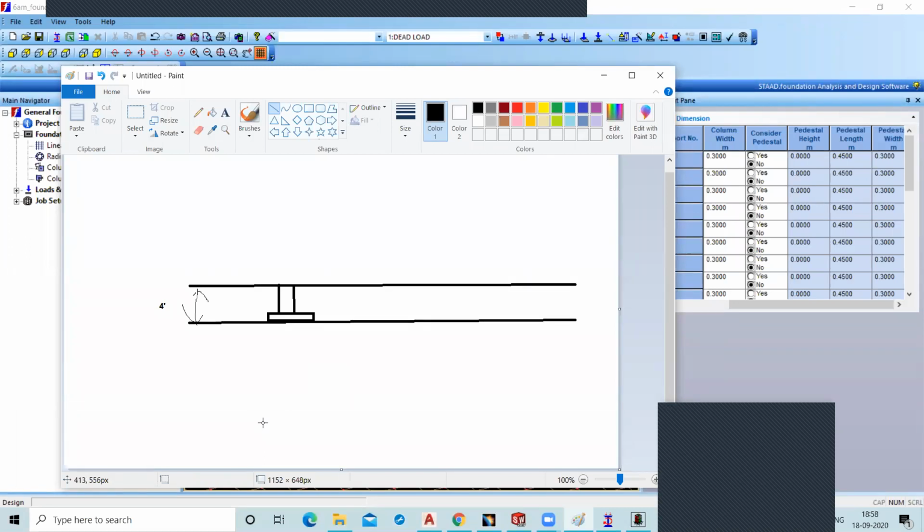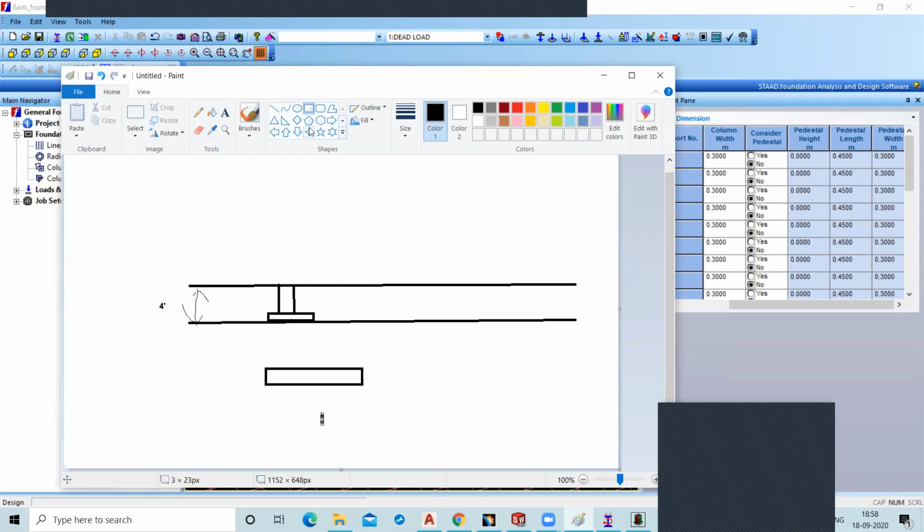This is the column between the foundation and your ground floor, up to the ground floor. Understood or not? Yes, sir. Okay, so you can consider like this also.